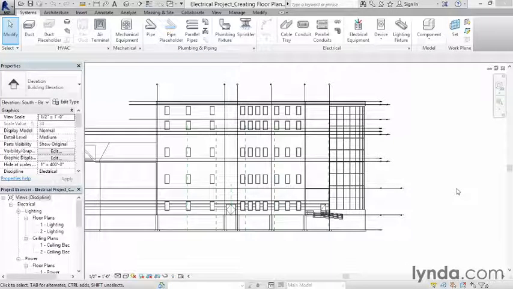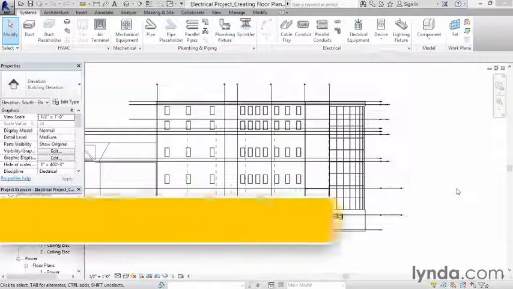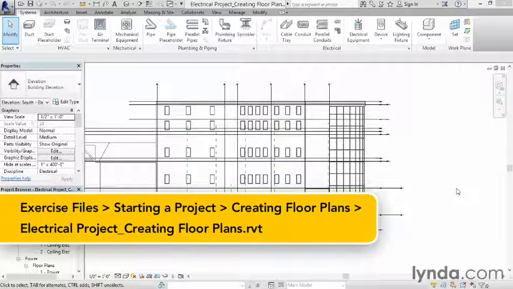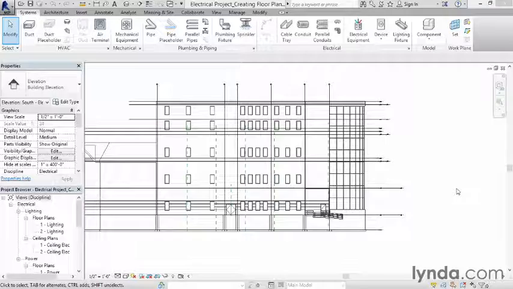Sometimes the architect simply has more floor plans than you. Although you may have successfully copied them into your project, they may not appear in the project browser. Well, that's not a problem. Since we have the levels already defined, creating floor plans from those levels is a snap. The objective of this video is to learn how to create floor plans from predefined levels and to allocate them